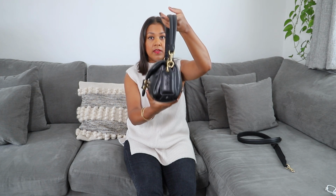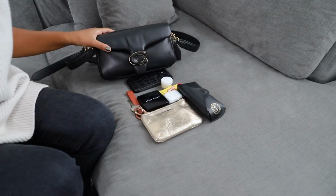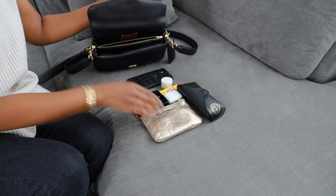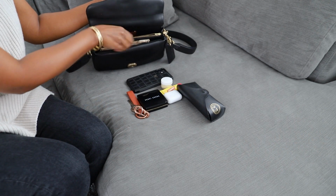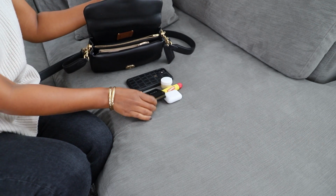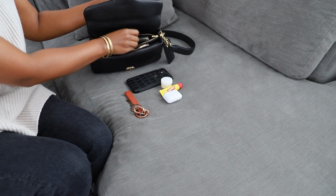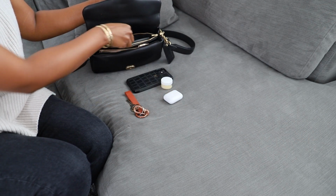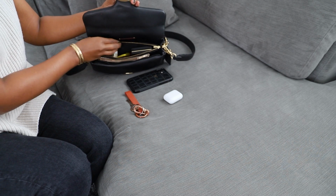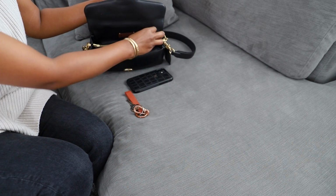So I just wanted to show you, if I put in everything that I absolutely would want to carry around with me in the day, then this is how wide it looks from the side, just to give you an idea. So inside I have got my sunglasses, I've got AirPods, I've got my phone, I've got my purse, which actually I don't need to carry around everything that's in there, so I usually just take out the couple of cards that I need. I mean, I do have most things on my phone anyway, so I probably don't even really need the purse. And then I've also got my compact, I've got my keys,